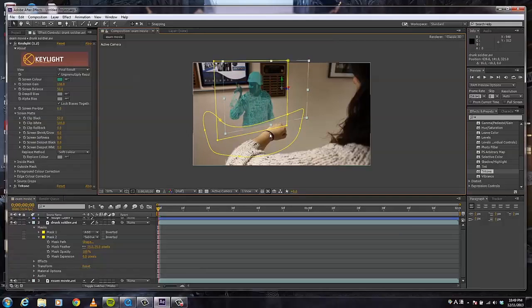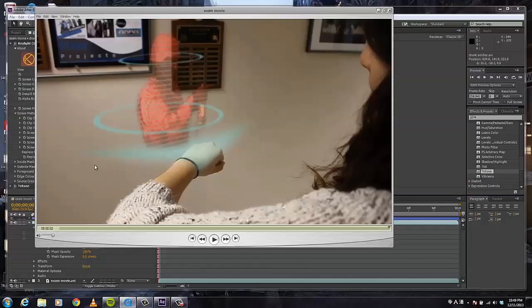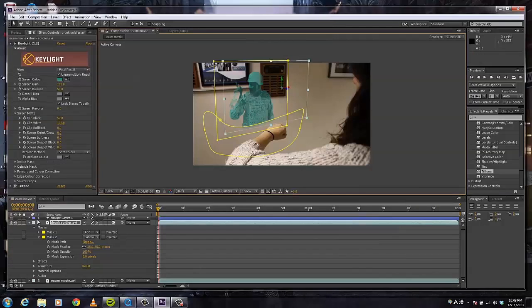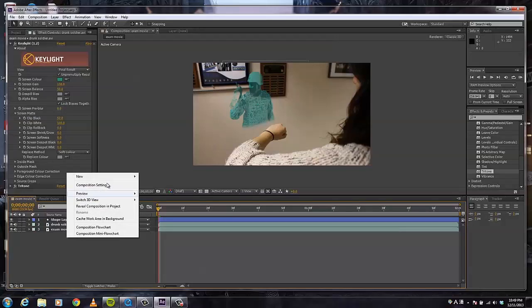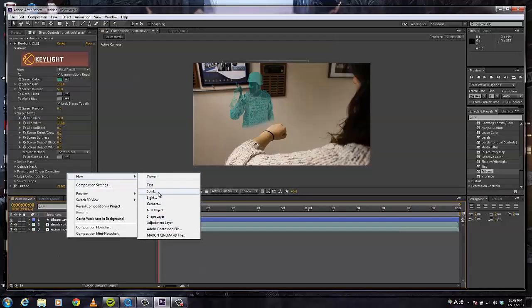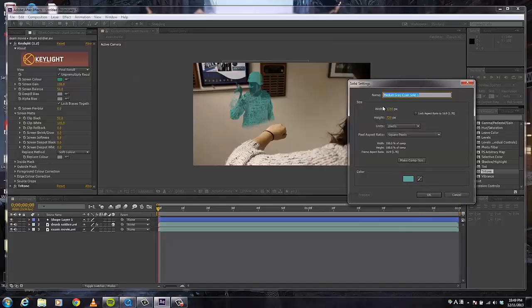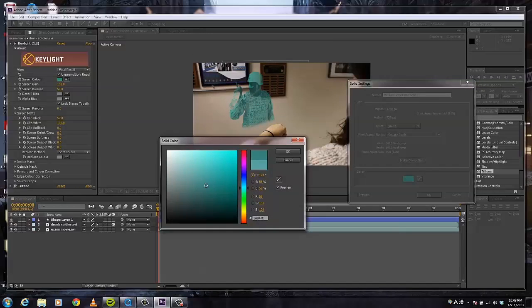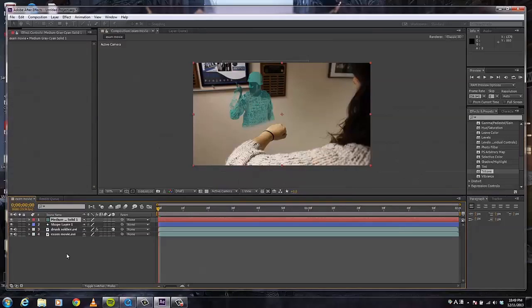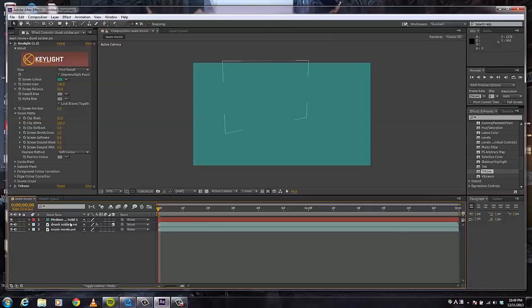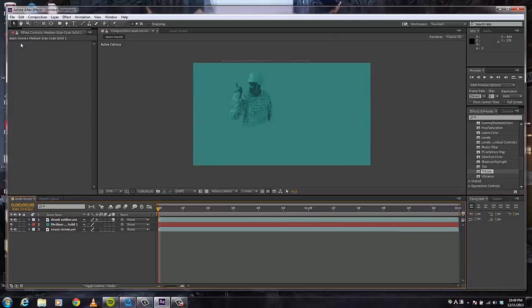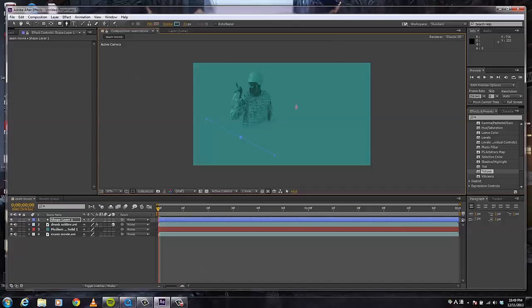Let's try to make the hologram sort of like a display, the thing that is actually displaying these images. So okay, I'm going to create a new solid and make sure the size is the size of your composition, and let's pick a little darker color here and put this up here. So right now I'm just going to make a